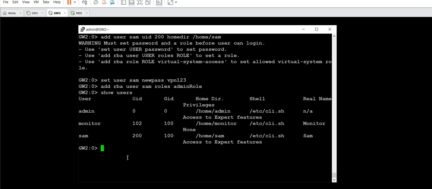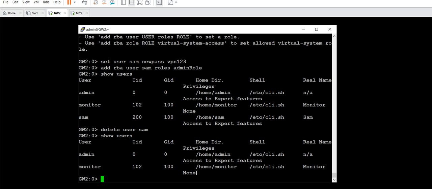Now if you want to delete this user, you just use the command delete user and the username, which is SAM. And if you say show user, you see the user has got deleted, right? Let me clear the screen,